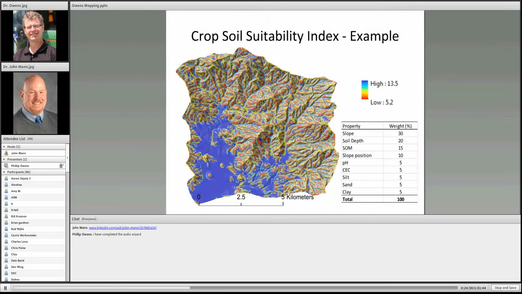This is an example of that watershed, thinking about what is a crop suitability index. So if someone wants to manage this particular property, you can combine the properties. So on the right, we have slope, depth, different weighted averages of that to make a